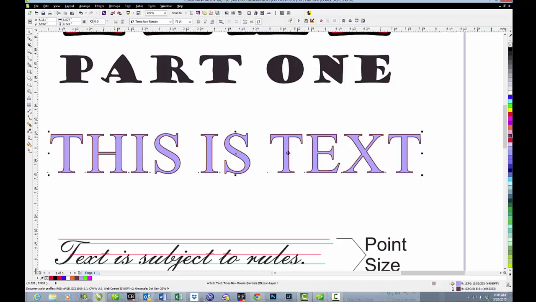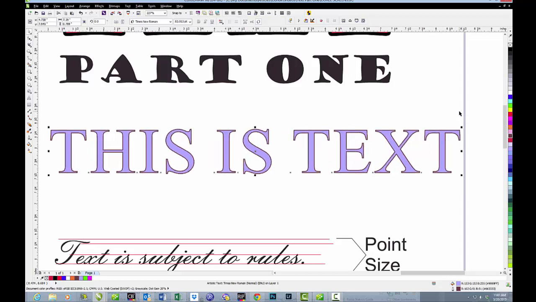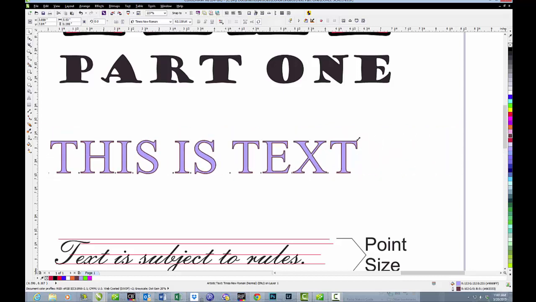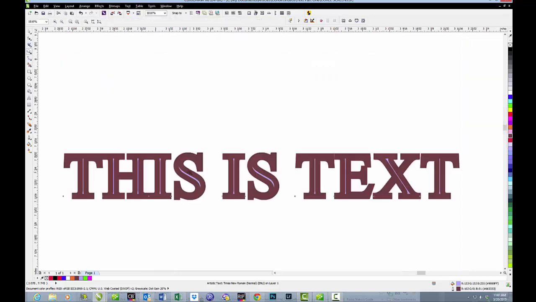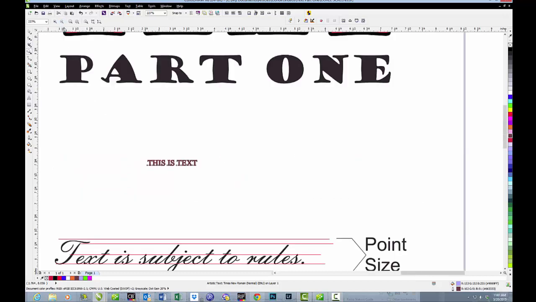Now, there are a couple of things here that are very important. If you put an outline on text and just leave it pretty much alone, or even enlarge it, you're not going to have much in the way of problems. But if you want to reduce it, and let's take this way down, and then we'll zoom in on it, you can see what's happened. It's a disaster. So let's zoom back out and let's undo